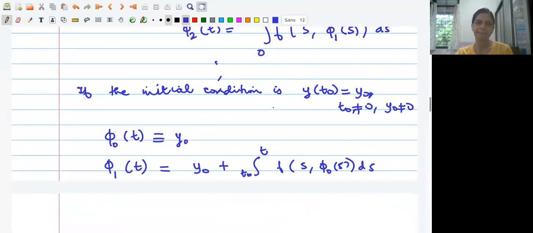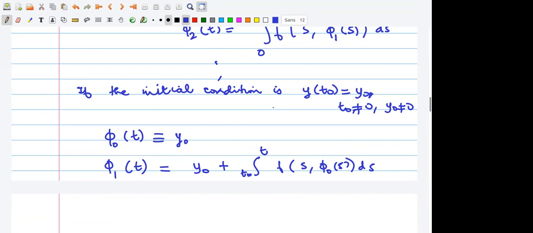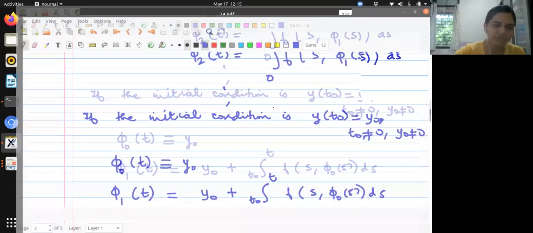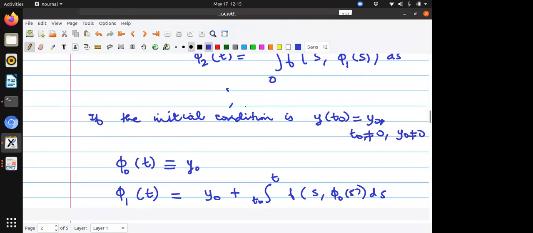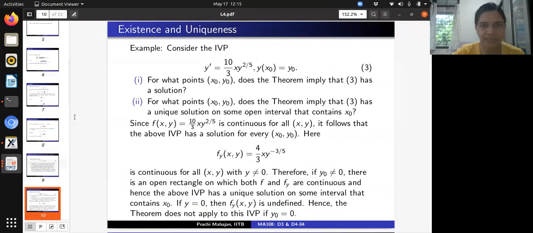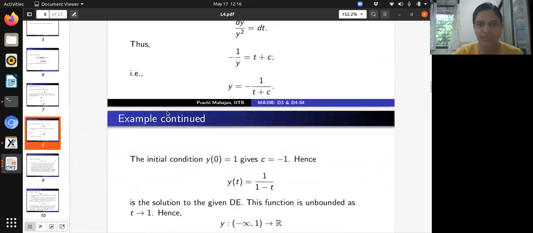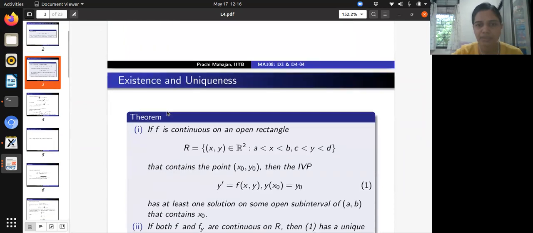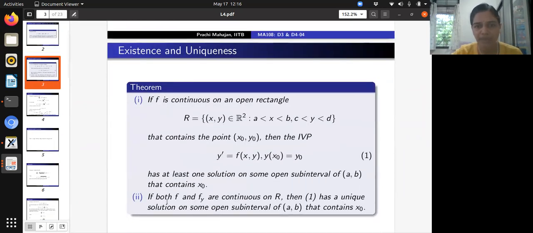So is this okay? Is there any guarantee that the series will always converge? See, there is no guarantee in general. This is one method of Picard, which works under the assumptions of the existence and uniqueness theorem. Under the assumptions in point number 2 here, it seems to work.